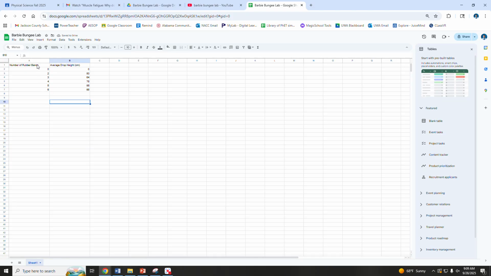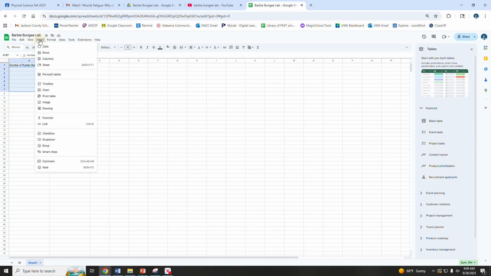All right. Now, I've got my data put in. I want to select cell A1. Just click it. Just like we've made graphs before, I'm going to hold the Shift key, and press the down arrow on my keyboard while holding the Shift key to select all of the data in column A. Then I'm going to press the right arrow, all the while holding the Shift key, and select that next column as well. I'm going to go to Insert. I'm going to go to Chart,